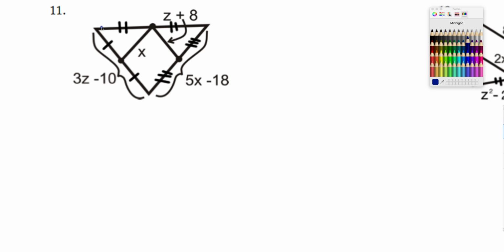What do we got? We have a triangle here, and these points are in the middle because we see the given hash marks that mark congruence. So let's see. This length right here, z plus 8, is the mid-segment of this base side over here, 3z minus 10. So we know that the mid-segment equals 1/2 of that base side,